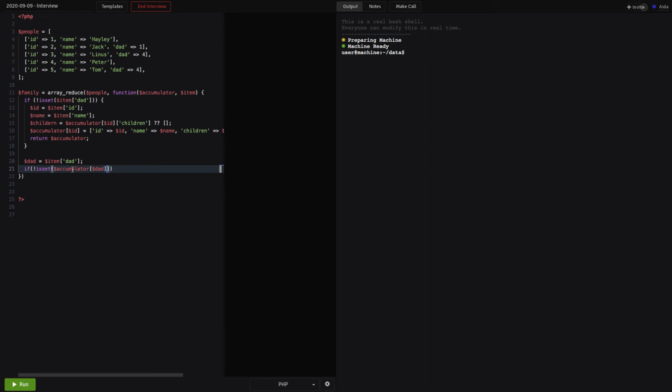So we're saying if we haven't reached the father of a child, so that means if we reach a child, let's say we reach Linus, and we don't have Linus's dad inside accumulator yet. So meaning that accumulator with the ID of 4 does not exist anymore. So that's basically if we reach a child before we reach his father. What we do is we add the dad's ID to the accumulator, and we pass in